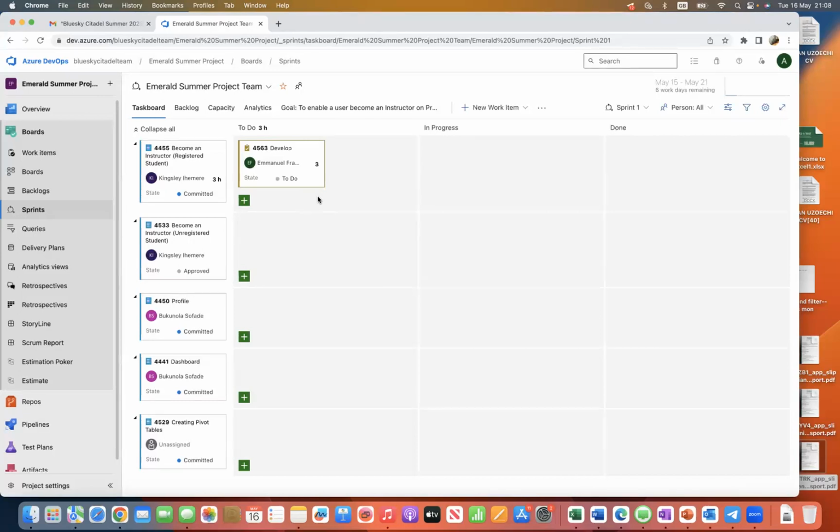On your user story, you estimate in story points, but on the task itself, you estimate in hours. Your task is saying that this is an activity that I need to do, a task that I need to do for that particular story as a developer. So you don't estimate that in story points, you estimate that in hours. If Emmanuel is working 8 hours for this organization, and he looks at that story and says, okay, this is going to take me